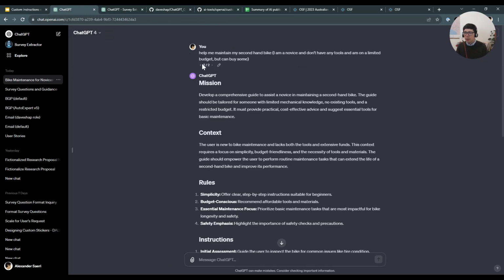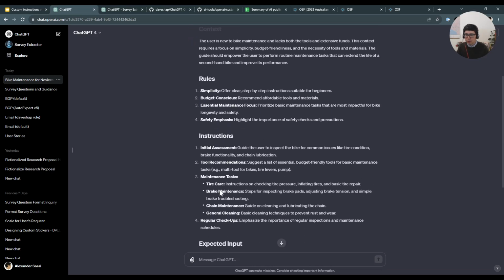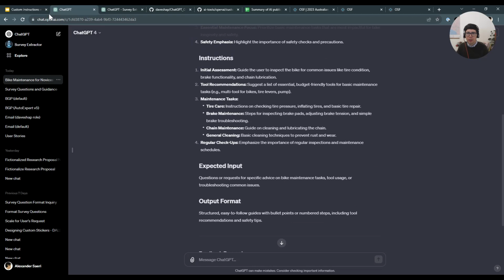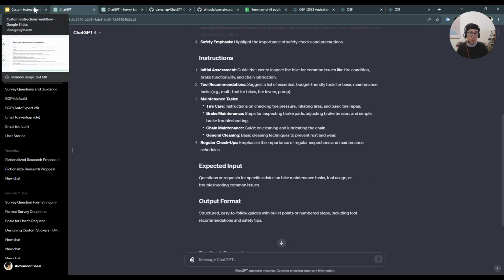So here, and I've experimented with this a couple of times, I've got some custom instructions. I've taken those ones from that slide deck and just put them here into ChatGPT. I've said, I want you to help me maintain my secondhand bike, and I've given a tiny bit of information, right? I'm a novice, I don't have any tools, I have a limited budget. And so here ChatGPT has created the mission, context, rules, instructions, input and output, consistent with what the custom instructions